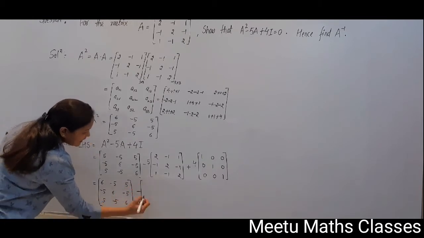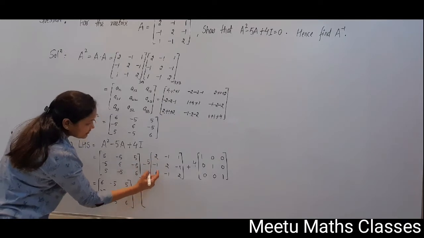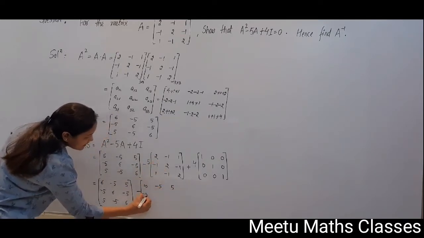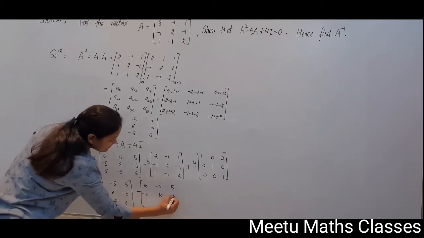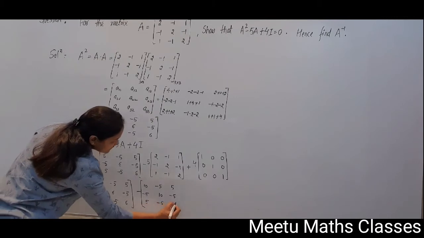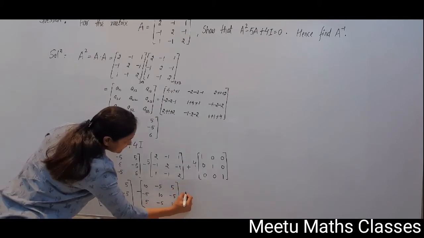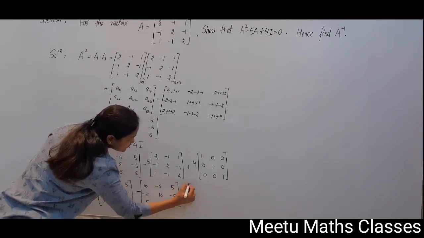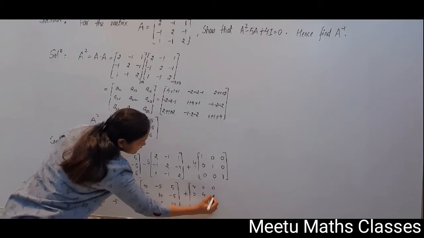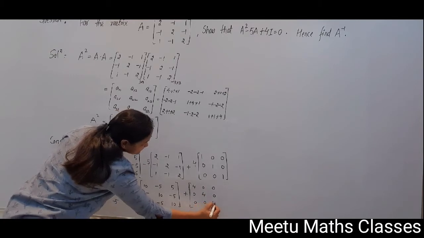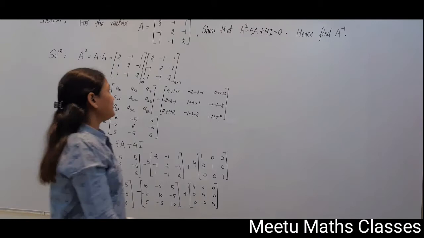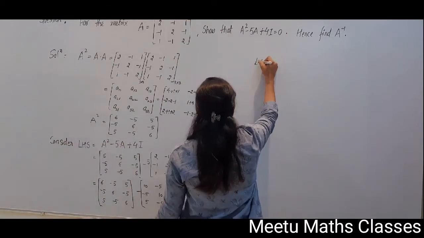When you multiply 5 inside, it will give you 10, minus 5, 5, minus 5, 10, minus 5, 5, minus 5, 10. And when 4 is going to be multiplied with the identity matrix, it will be equal to this matrix. Now your left hand side will be equal to